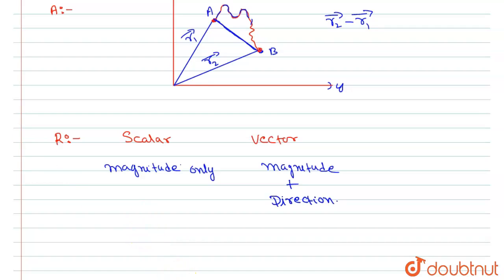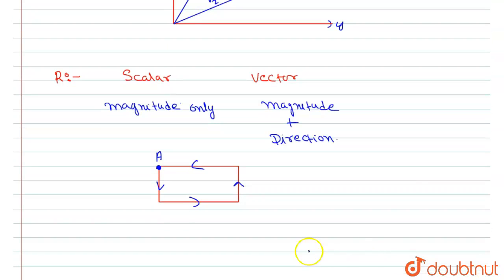We can take one example for this. Let us consider initially the particle is at this position and finally the particle is at the same position. From here, here, and here it is moving like this, and finally the particle is at this position. So in this case, this is 3, this is 4, this is 3, and this is 4. So in this case we can write distance is equal to 6 plus 8,